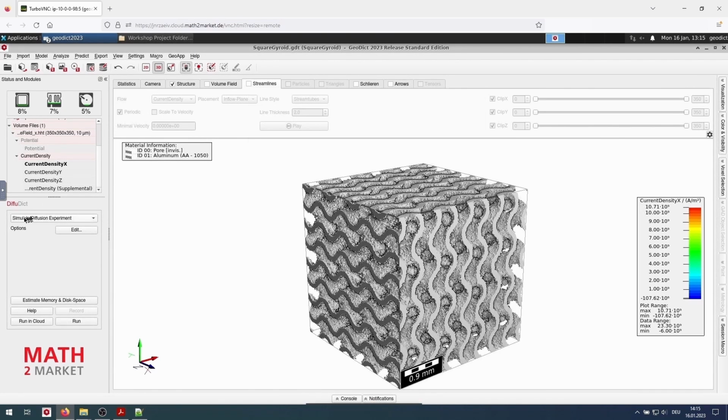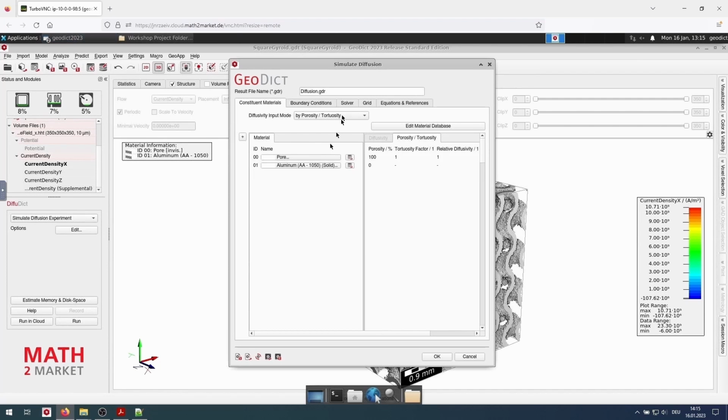In DiffuDict, we stay at Simulate Diffusion Experiment and we click Edit. Again, we give a result file name.